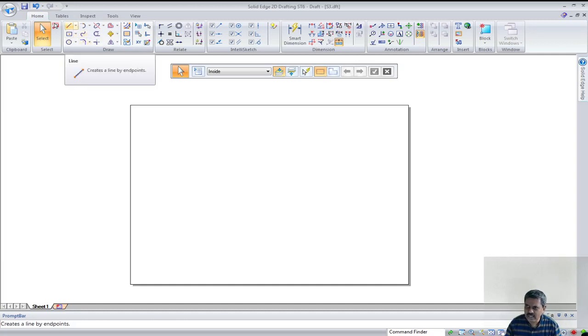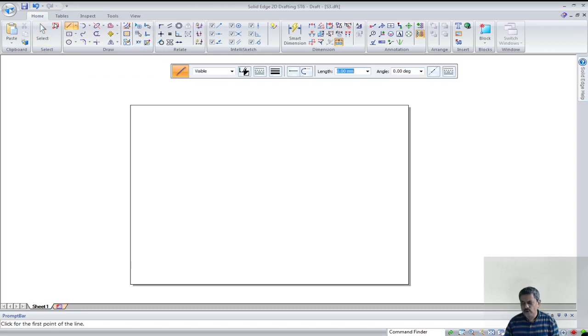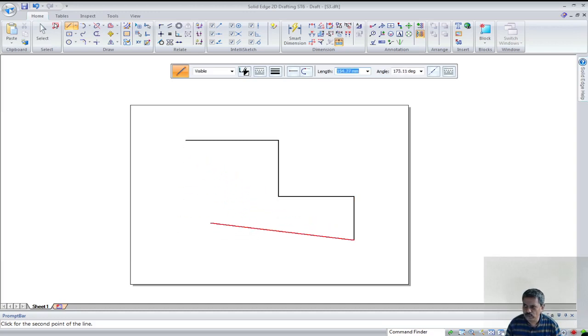And then let us try to draw a line, using the line command. This will allow a series of segments, of course straight lines, not curved lines. As you go on picking, you can see horizontal and vertical. You can see a tooltip indicating next to the cursor over here. Suppose you want to create an angular line, you can draw at any angle, and then you can also go and pick the end point of the line. You can see a tooltip coming over there.